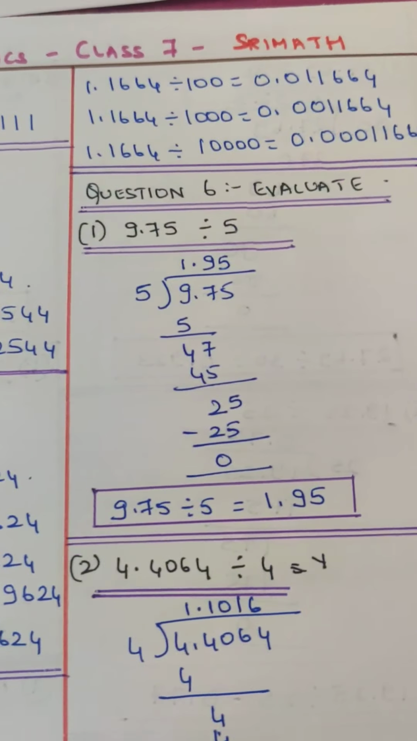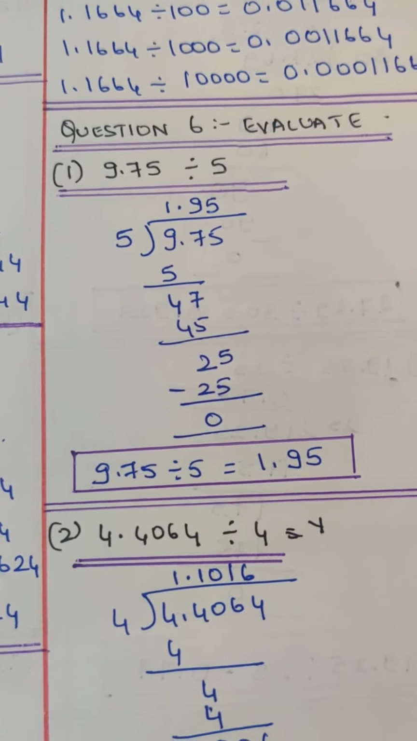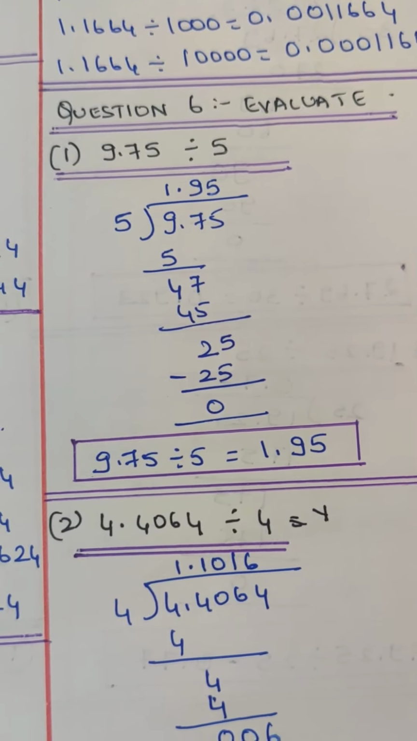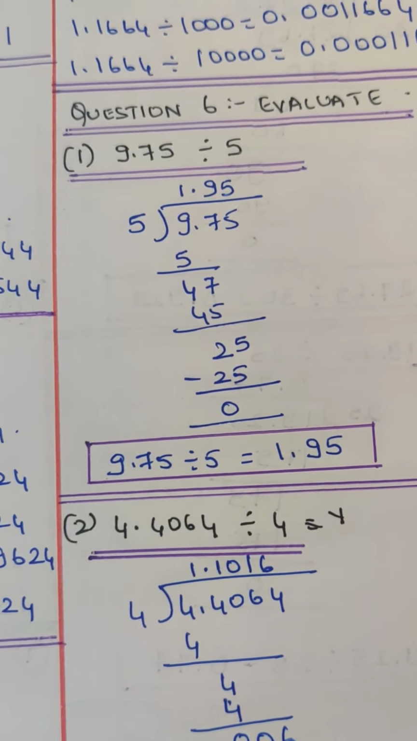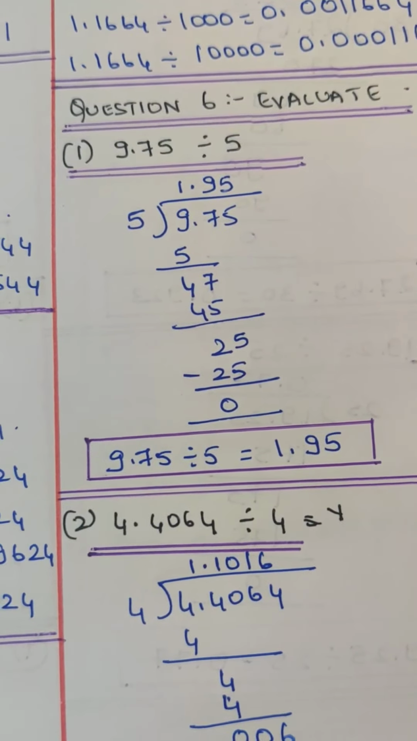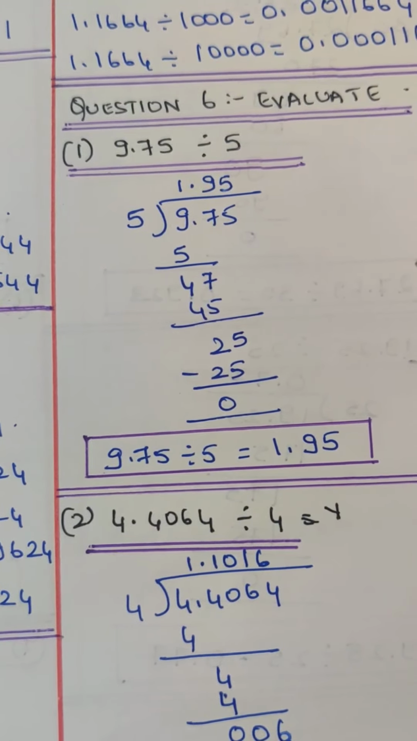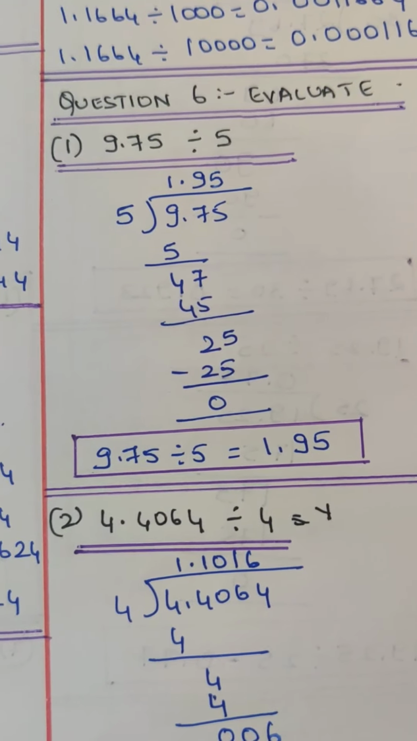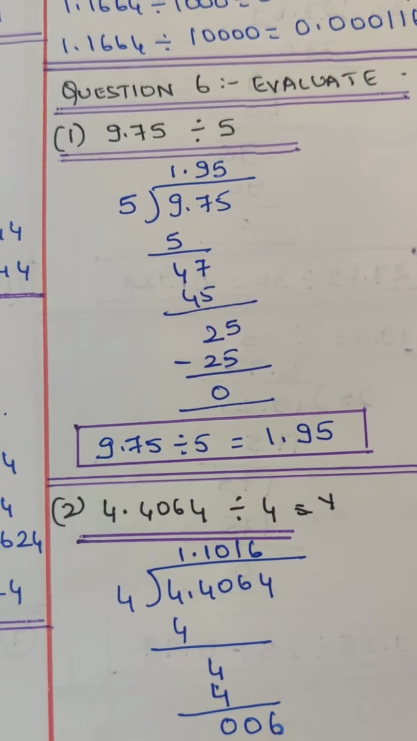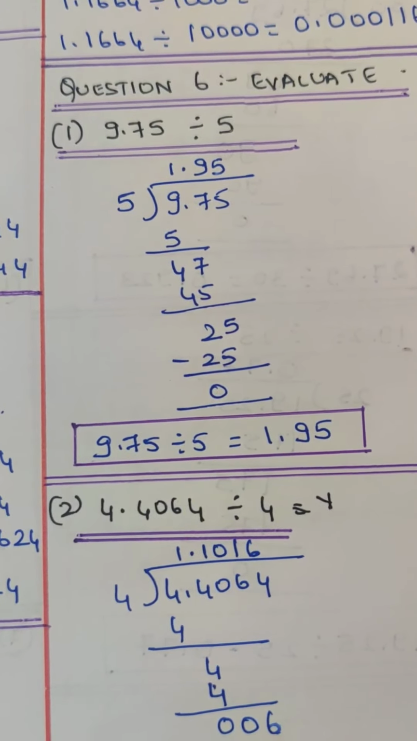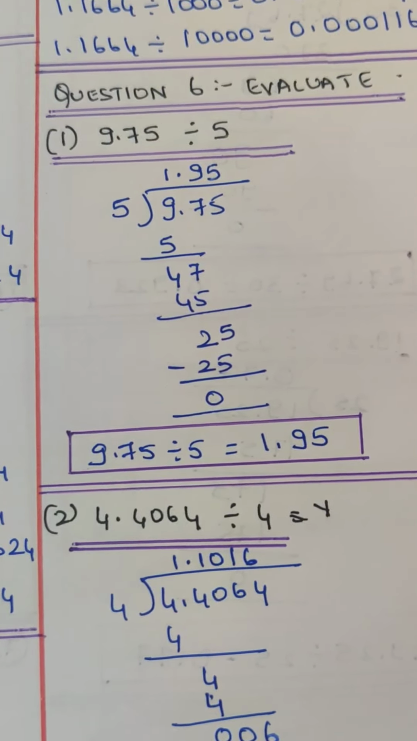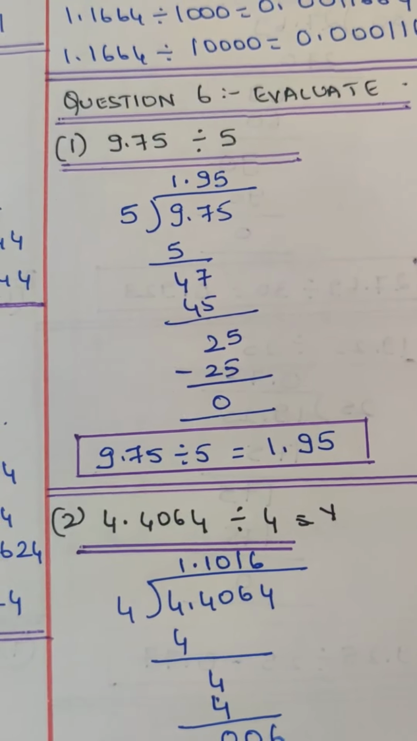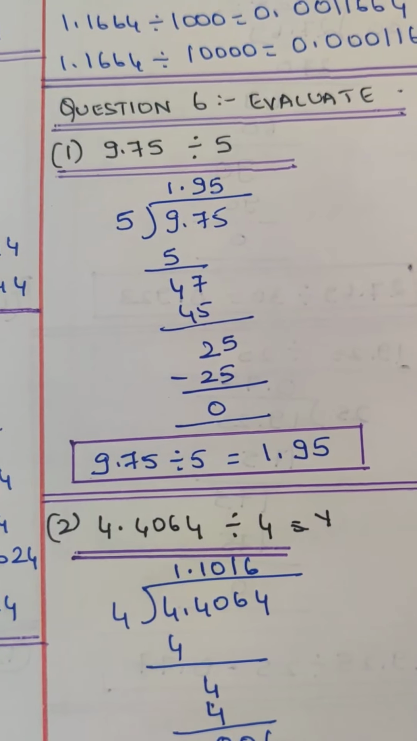Question 6. Evaluate 9.75 divided by 5. 9 ones are 9, 5 ones are 5, so 4 remains and it becomes 47. You put a point in the quotient, so it becomes 9. 5 nines are 45, so 1.9 and 2 is the remainder. 5 is brought down, so it becomes 25. 5 fives are 25. Therefore, it becomes 1.95. So 9.75 divided by 5, the answer is